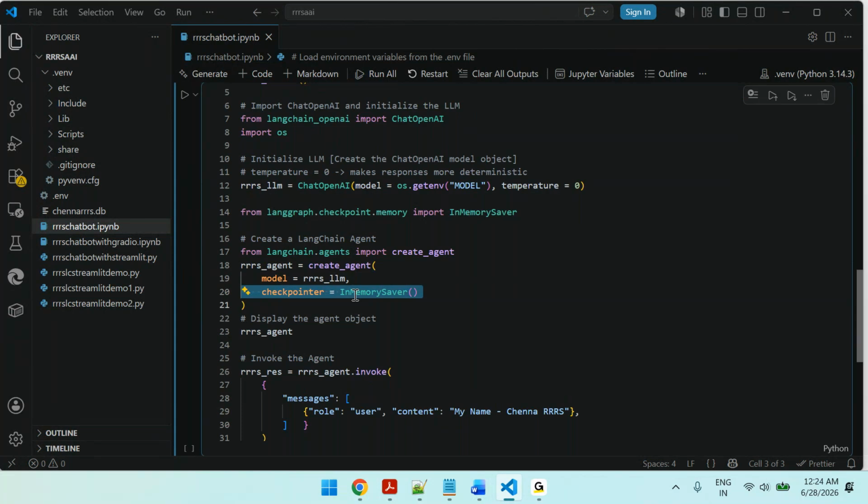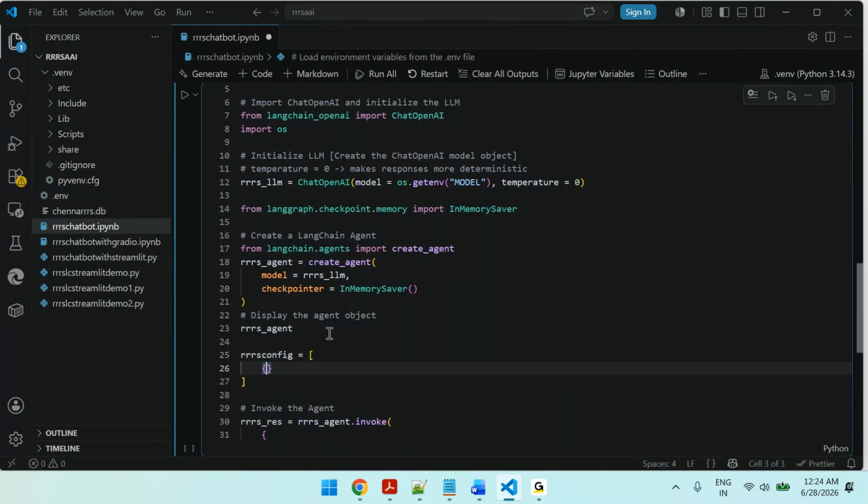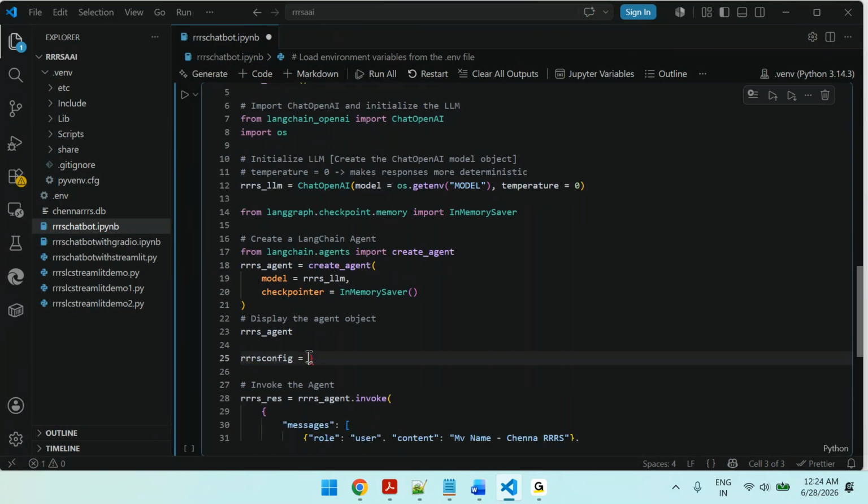Okay, so far good. Then what you need to do? You need to remember. So I can chat today, I can chat tomorrow, I can close, I can come back like that. That means we can do many conversations. So in that case, what you need to do is that before you invoke, create some configuration with, let's say, RRRS. Okay, RRRS configuration. We can have multiple configurations also. One second. Create a configuration